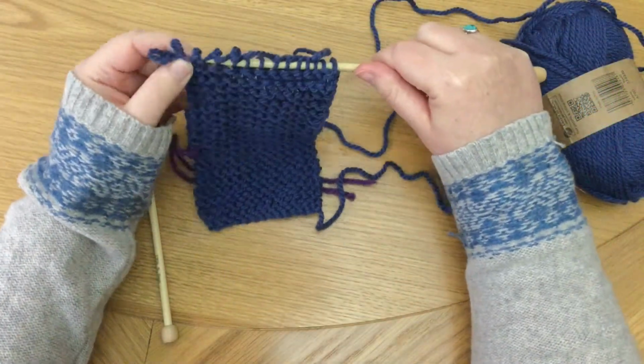Support as you stretch those fingers back. And you just make sure your fabric is flat. If it's not flat,